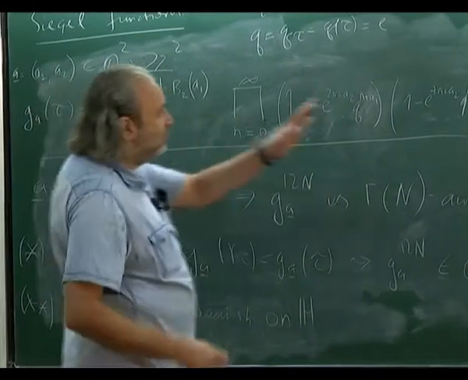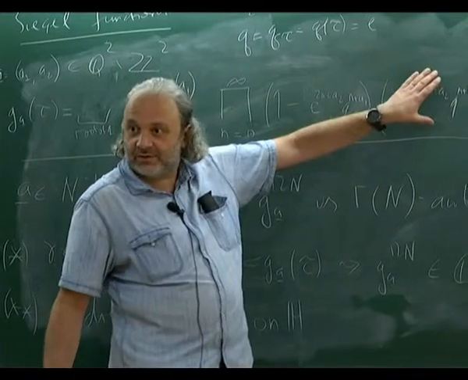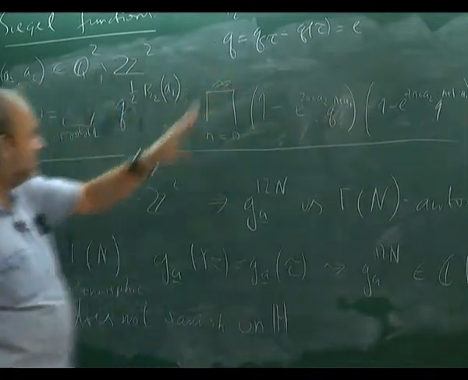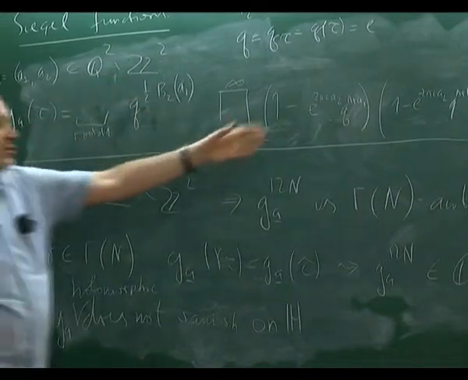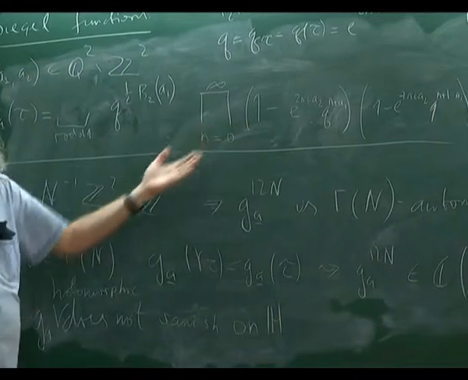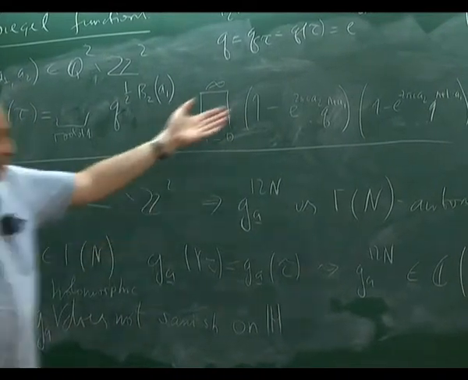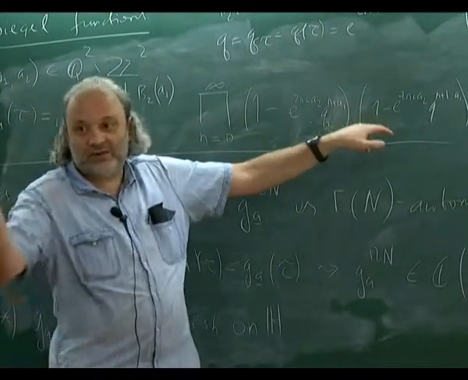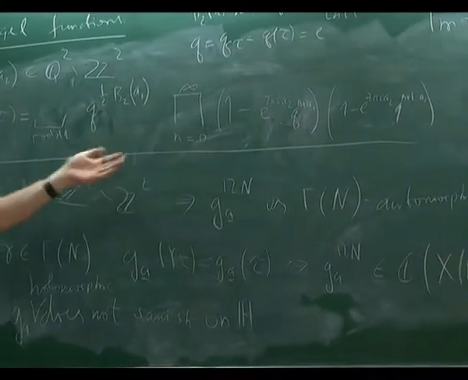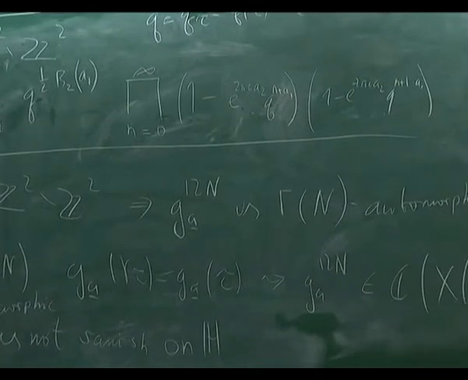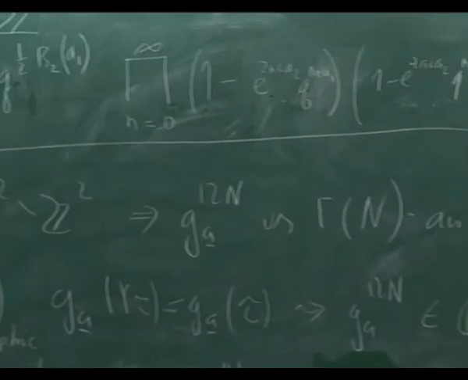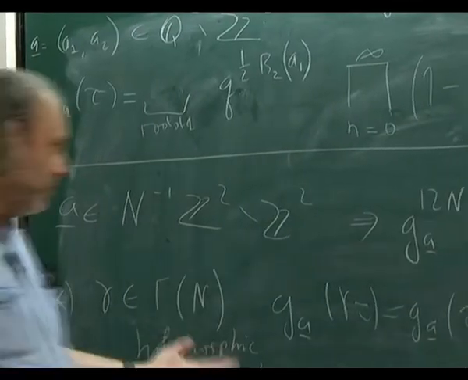As CD just noticed, it always converges, so it means holomorphic. And also, how can it vanish? Look. Each term is non-zero, and they tend to 1, so the product cannot be 0. Again, it converges, so this is non-zero, so it's never 0. Holomorphic, it does not vanish, which means that